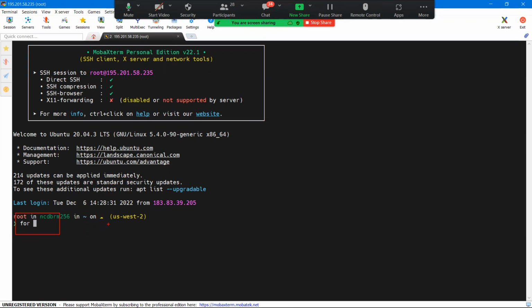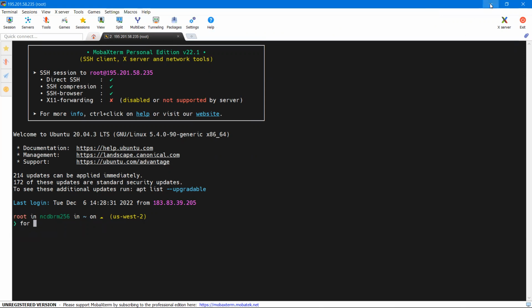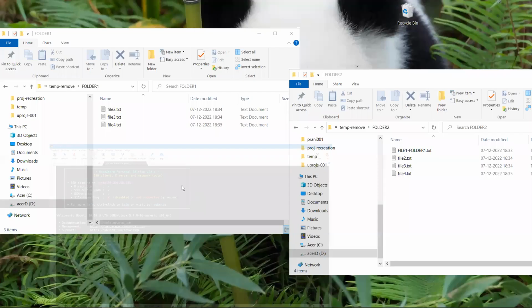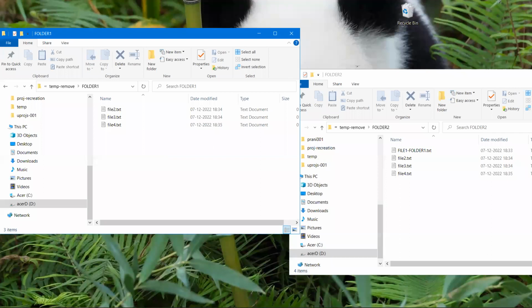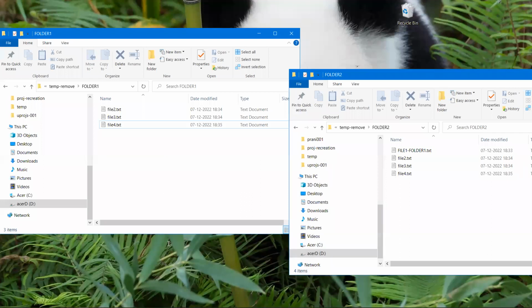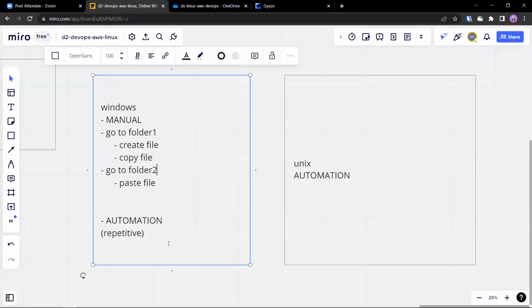So what we're essentially saying here is that these kinds of repetitive activities are difficult to automate in Windows. Remember one thing, not impossible. It's difficult in Windows. Is it possible? Yes.